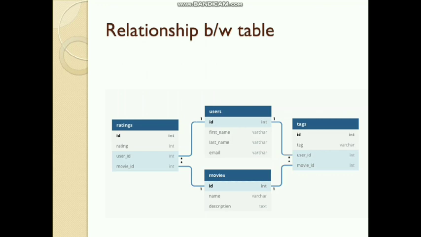So students, in this relationship you can see that there is only one common thing in all four tables, that is ID. With the help of the ID, these four tables are connected with each other. That is a relationship. These four are connected through a single field, ID. ID is the same in all the tables. So this is a relationship, and that is a relational database management system.